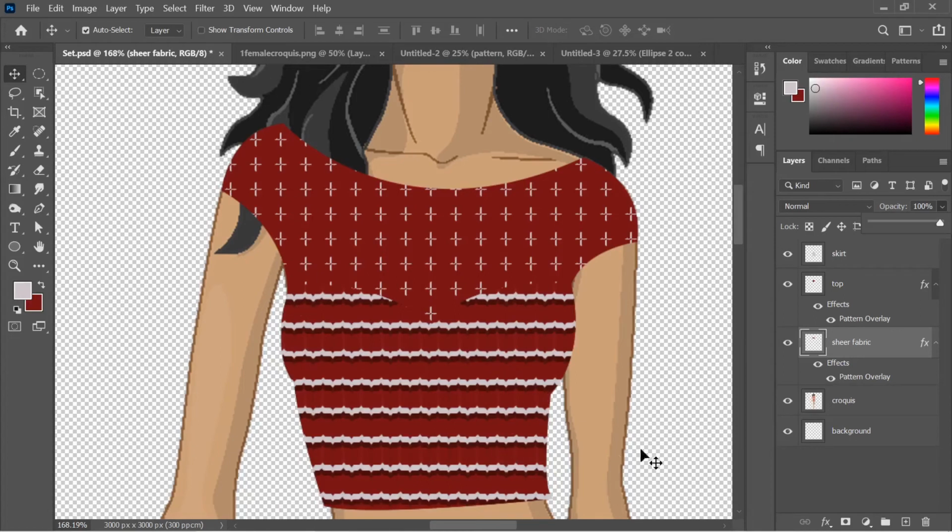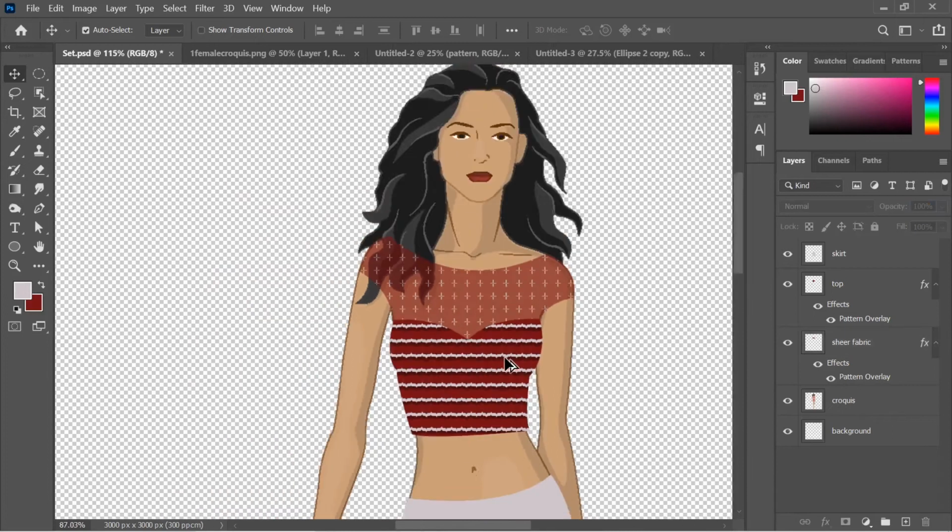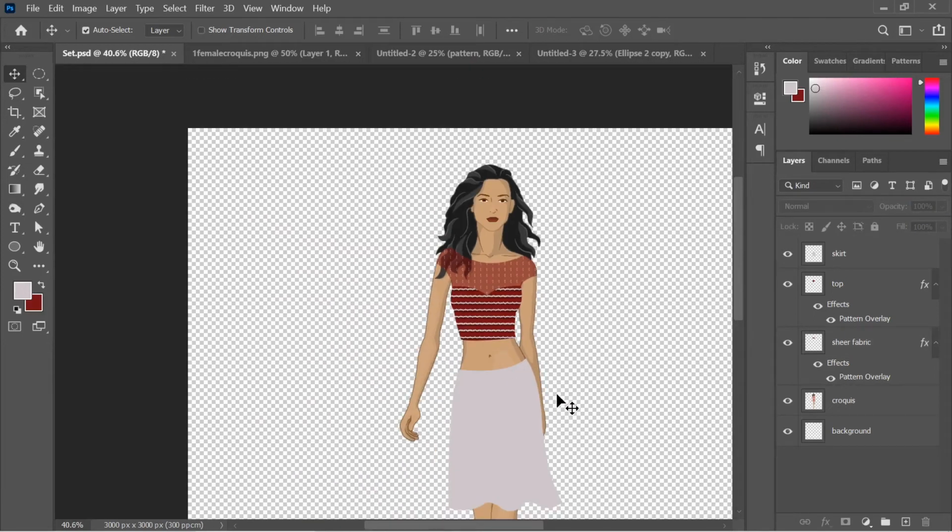Now to make it look like a sheer fabric, just reduce the opacity of it. Now to finalize, we are going to apply shadows to our dress so that it looks realistic.